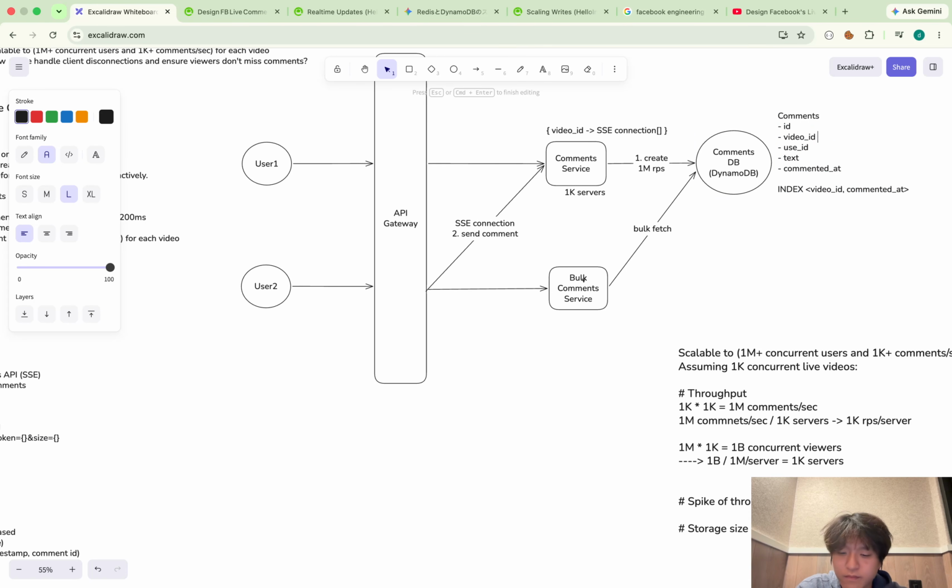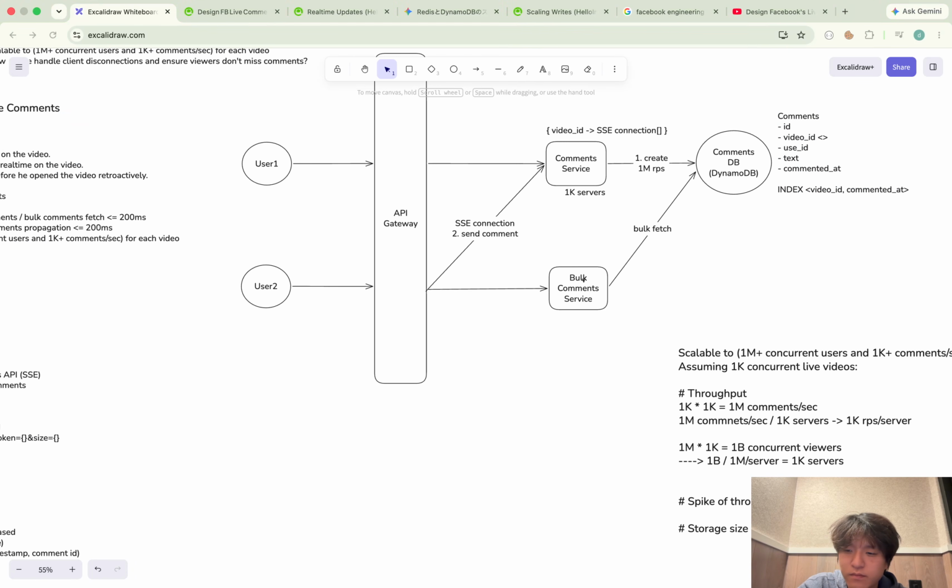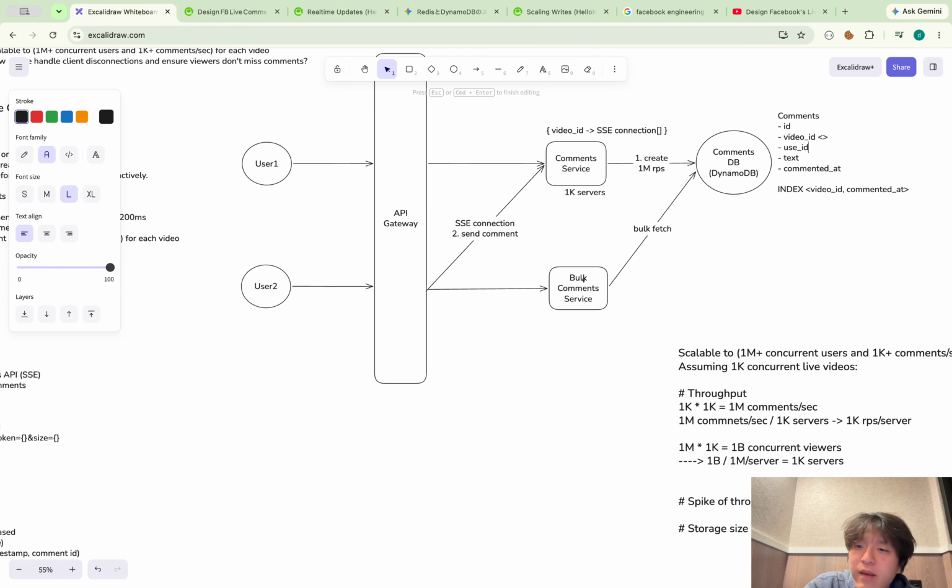So what I can do is I make this the partition key, and instead of this index in B3, I use a sort key here. Wait, what am I doing? Video key ID. Oh, no. So the sort key should be the comment timestamp because I want to sort by the comment timestamp.